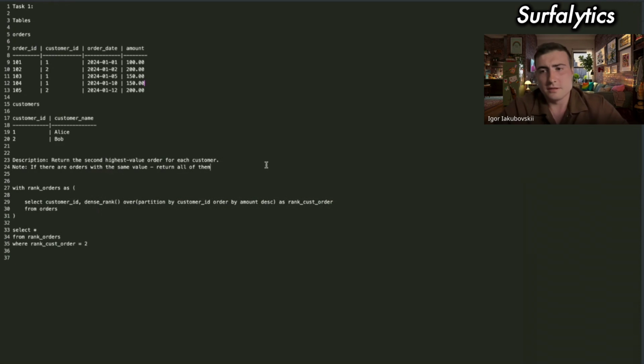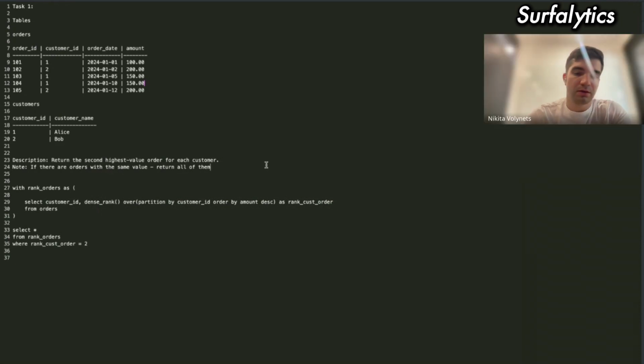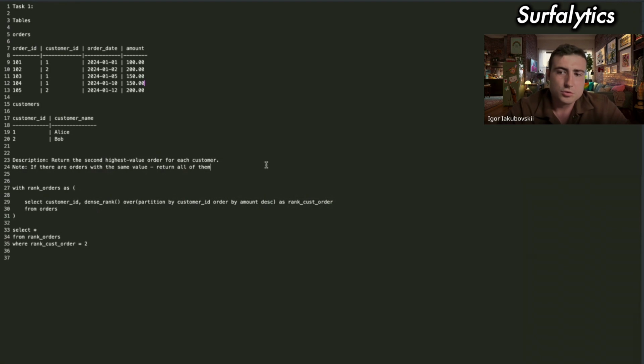I suspect that this is my solution for this task. Okay, awesome. Could you go through it and explain it? Yes, I chose dense rank because we shouldn't skip second place.